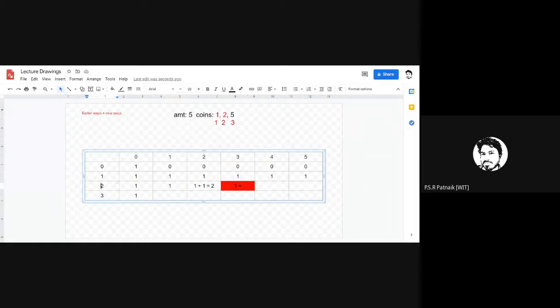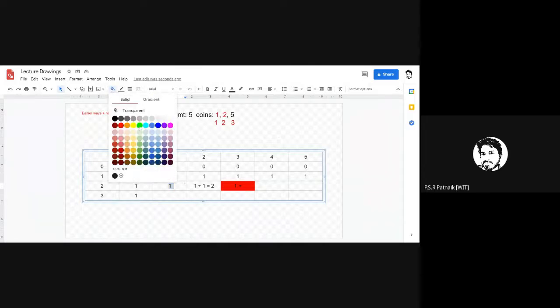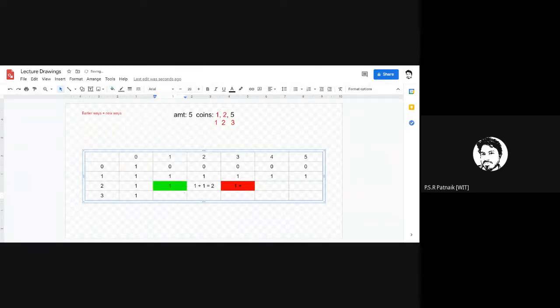It is this value. So what I'm getting here is, after subtracting this, what is remaining here? 3 minus 2, I mean 1. So amount 1 is remaining. But I already computed in how many ways this 1 can be realized by using currency till index 2. It is 1. So this one will be equal to 2.